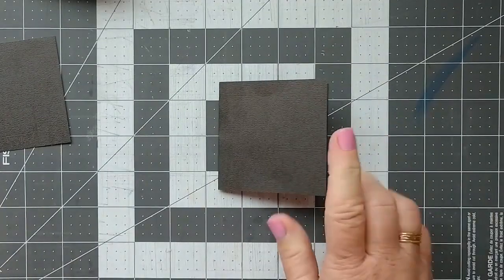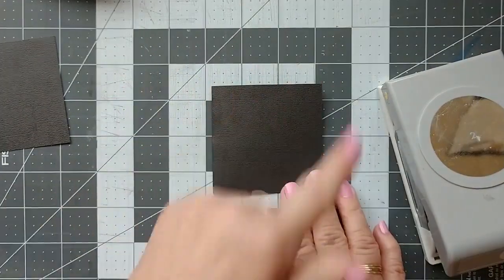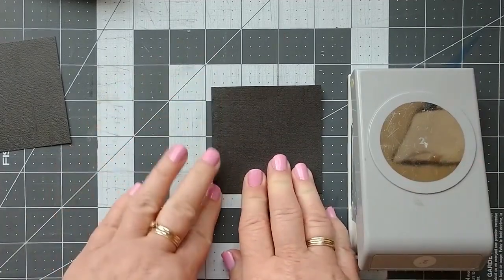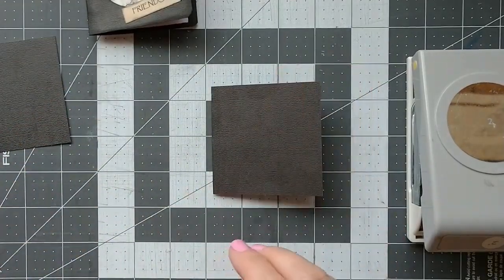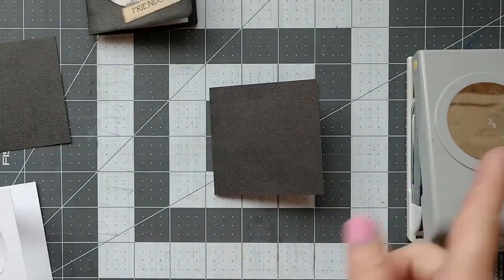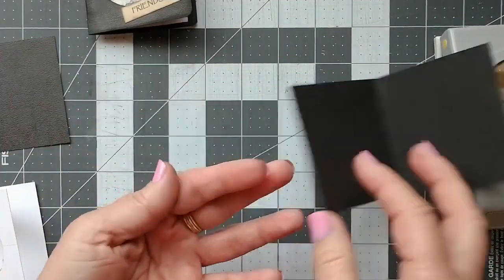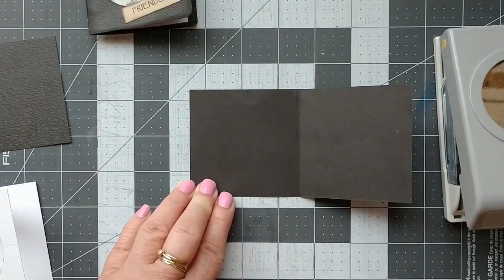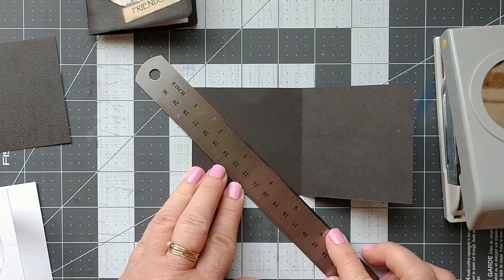And now I'm going to need my 2-inch punch. This is what works for me with these dimensions. The 3 by 3 square works with a 2-inch round punch. Now to get this hole smack in the middle, you have two options. You could make a template, put it down, trace it off, and then follow the tracing. I'm going to do that so that you see. Or you can go on the back of the front, which is going to get covered later anyway, and you can draw a line from corner to corner,